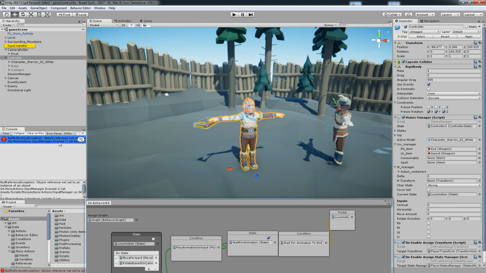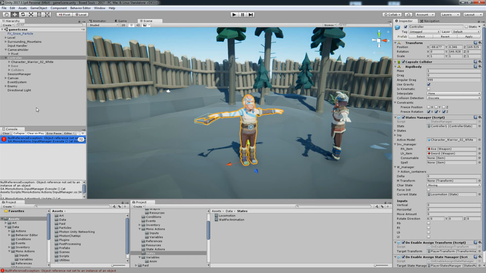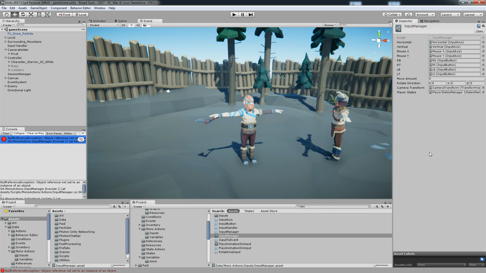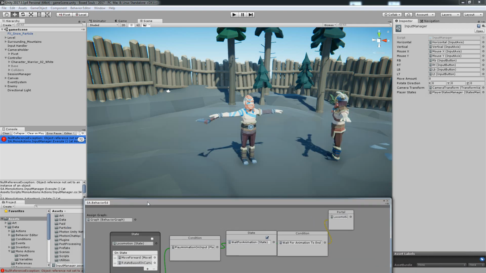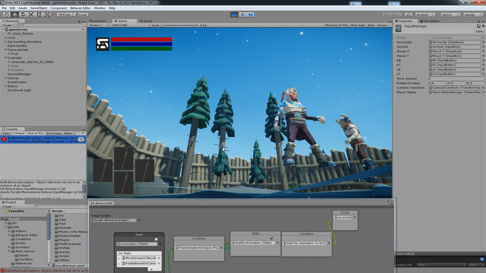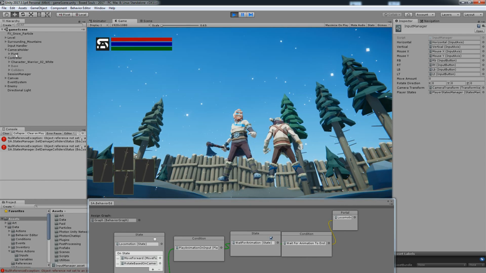And I think we forgot to add, yeah, on the input manager. Let's put this on the side. Scene view should be over here. And let's go into the input manager and assign this RB, RT, LB, LT. Okay, let's bring this back and hit play. Let's select him again,